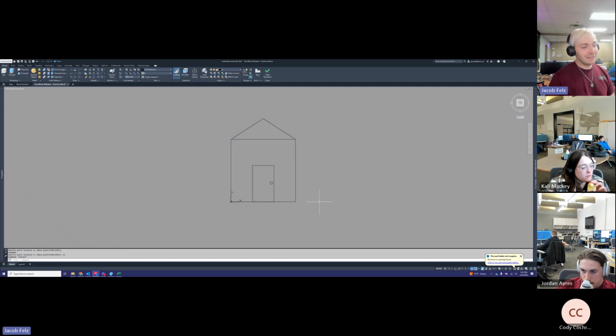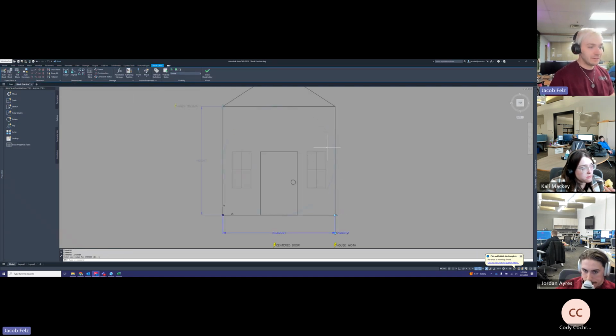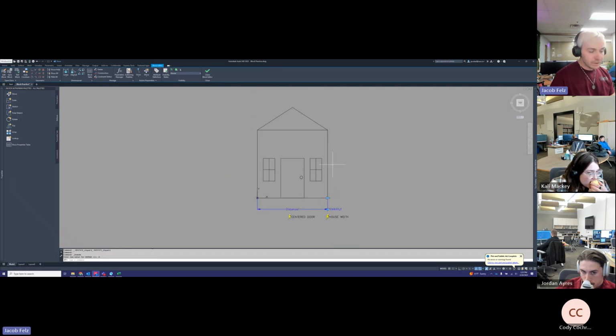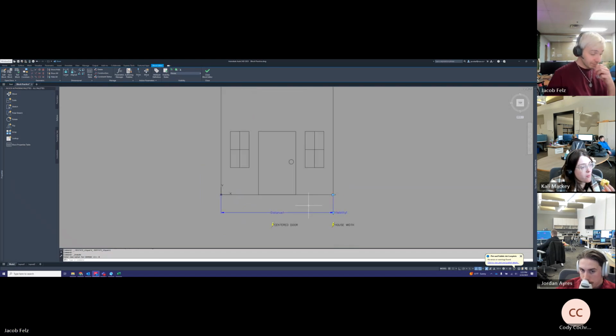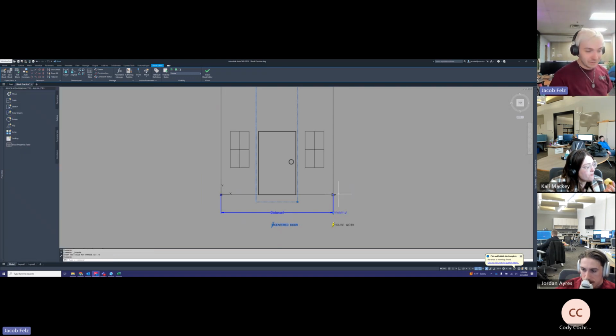So we've done that, and we could take it a step further. I did hide these, so I'm going to bring them back. I threw in a couple of basic looking windows just for purposes of showing off how to do this. So those windows are there. Okay, and just like what we did with the distance multiplier on the door, where we had it set to half the distance of wherever we dragged this,